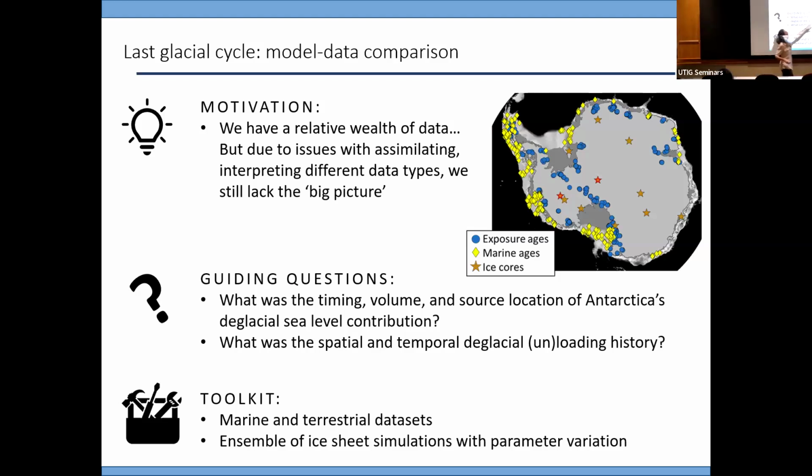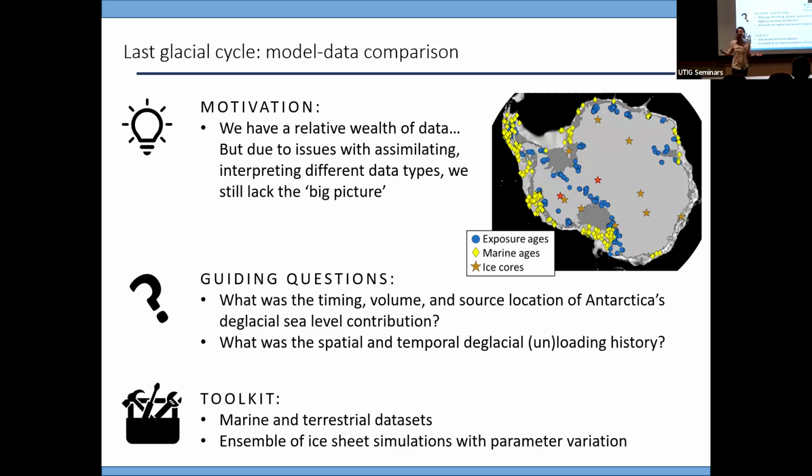Look at all this data. This plot shows all of the geologic data that record ice sheet thinning. The blues are the terrestrial age dates that record ice sheet thinning. The yellows are the marine data that show ice sheet retreat, grounding line retreat. And with this wealth of data, we now have all this key information, but we run into another problem.